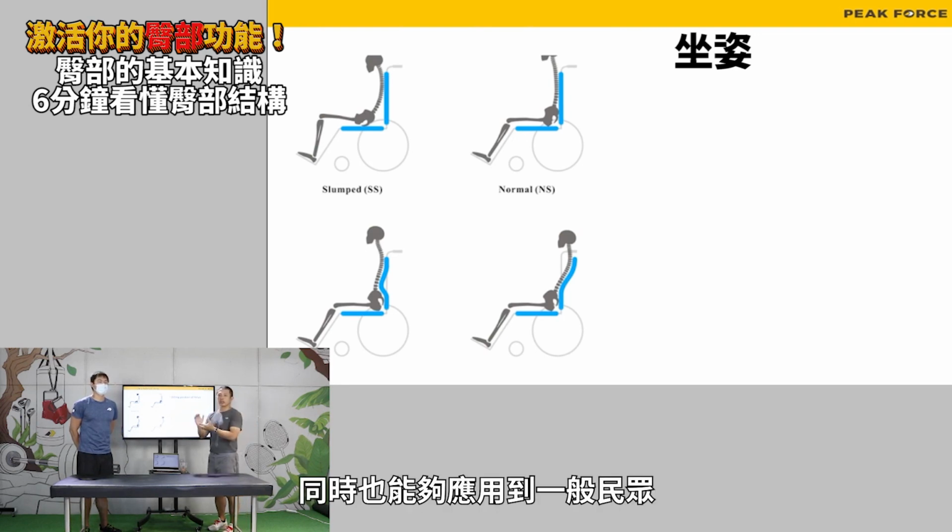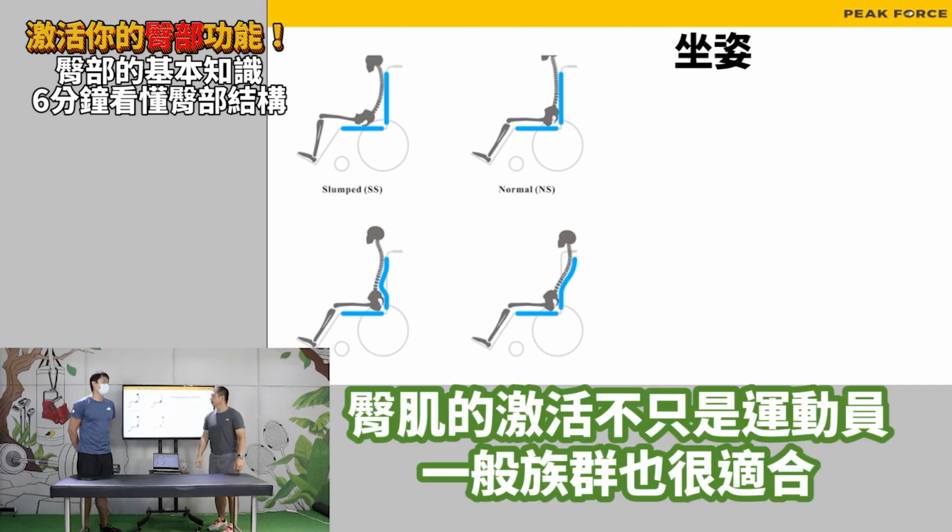but also for general population too. 好,那像在我们做这个骨盆的激活啊、髋关节的激活、矫正性运动的时候,其实不单单只有对于运动员族群。那如果说你是一般族群啊,像是上班族啊、久坐的族群,其实这些东西都是很适合你的。